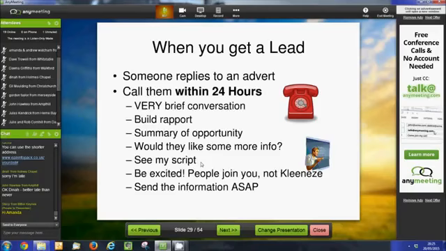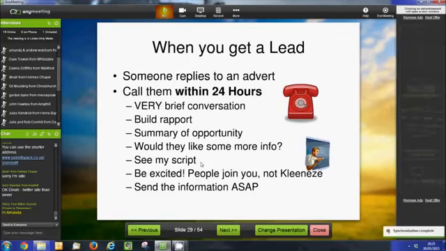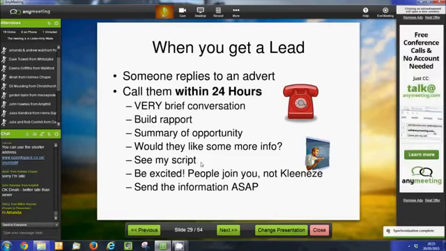But if you're saying, oh hi, thanks so much for replying to our advert. Yep, we're looking for people in all sorts of different areas. We're looking for catalogue deliverers. We're also looking for people selling online, and team leaders. We're looking for team leaders as well. And so you're enthusiastic about it, then people are more likely to say, oh, sounds quite keen. Okay, let's have a look, see what he's got to offer. And then send them the information as soon as possible.